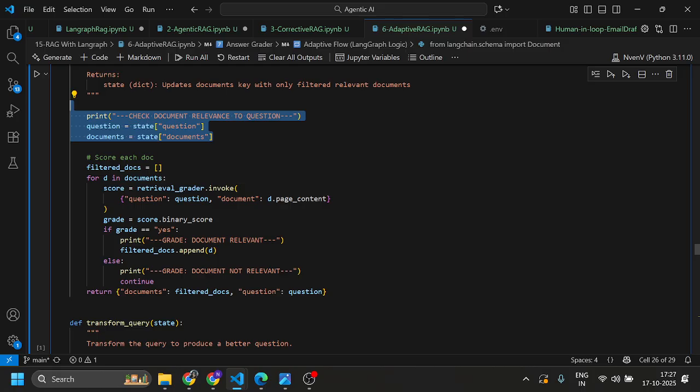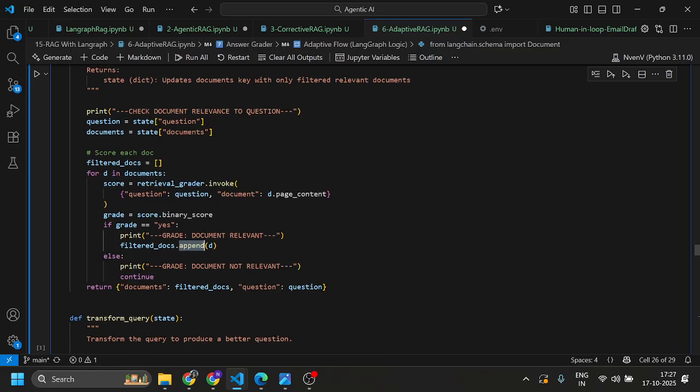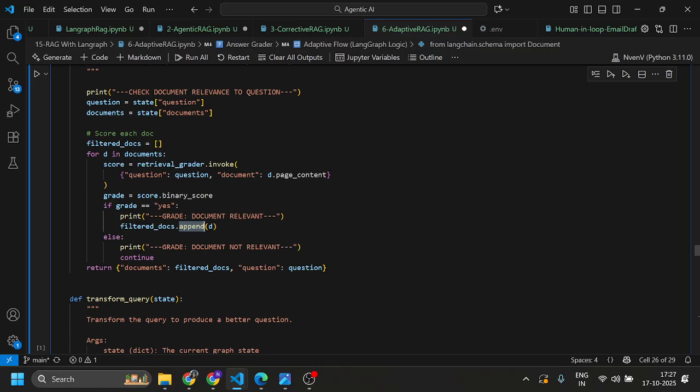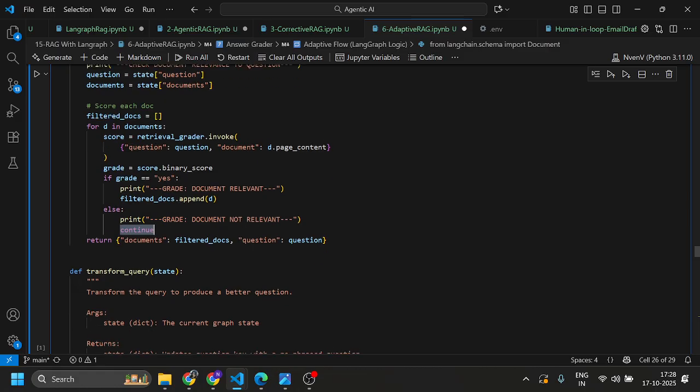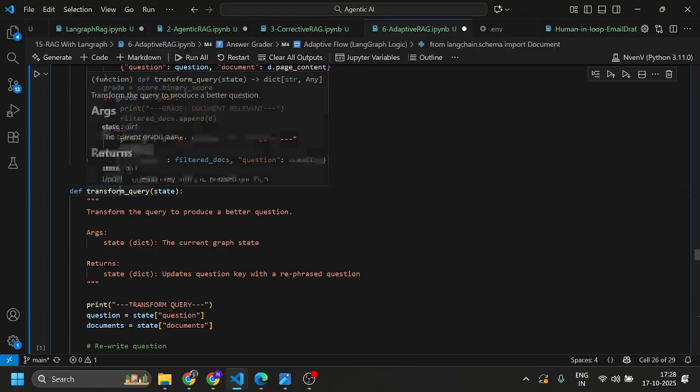So for D in document, score equals to retrieve document, retrieve grader dot invoke. Okay, the question here I'm going to pass question and page content. Okay, so grade dot binary score, if grade equals to H means document are relevant, we can filter and append this document. Otherwise, if not relevant, then we can continue and return document filter document and question. Okay, after this is the